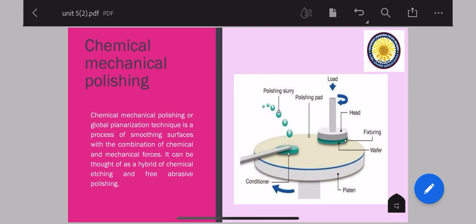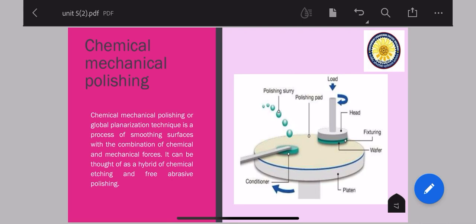सो वी आर डिस्कसिंग केमिकल मैकेनिकल पॉलिशिंग, CMP. तो इसमें क्या कर रहे हैं हम कि इट इज़ अ ग्लोबल प्लानराइजेशन टेक्निक एंड इट इज़ अ प्रोसेस ऑफ स्मूथनिंग सरफेस विद द कॉम्बिनेशन ऑफ केमिकल एंड मैकेनिकल फोर्सेस। तो ऊपर से हम लोग केमिकल सॉर्ट ऑफ स्लरी कोई भी केमिकल है वो हम लोग डाल रहे हैं, और नीचे से विद अ प्रेशर, वेरी हाई प्रेशर वी आर अप्लाइंग, एंड देन दिस रोटेशन थिंग इज़ हैपनिंग, है ना।